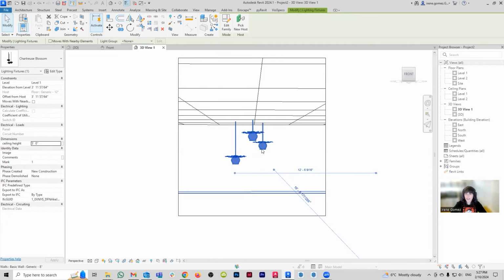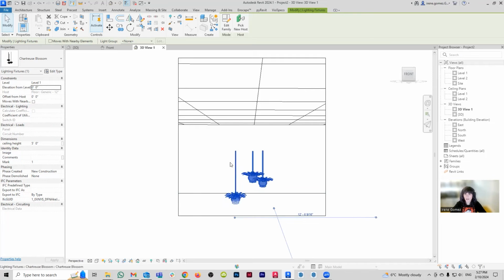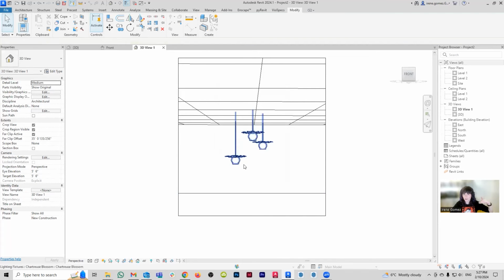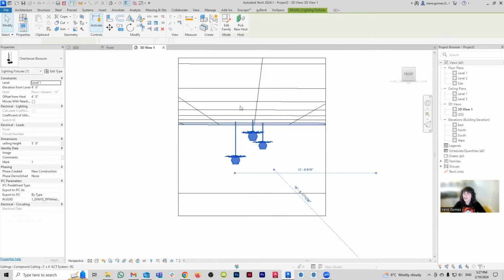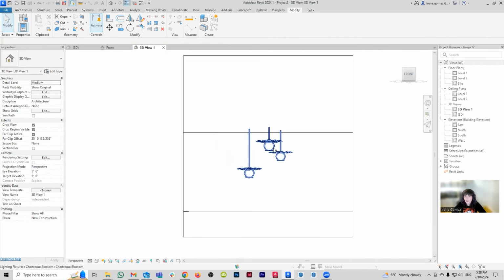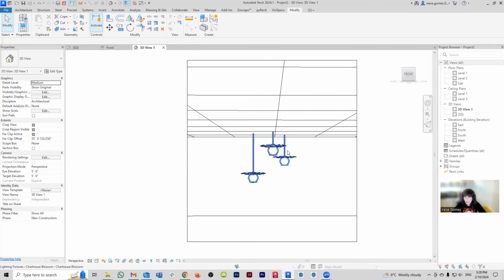See, it's bringing it. So again, I still need to adjust because it's still measuring from the top. See, so if I bring this to 0, let's say, there you go. Okay, I don't want it to be at 0. Let's say that we want it to be 4 feet. There you go. And then what I can do is it's going to be 4 feet plus whatever we have here. If I would have an elevation, I can probably drag it down, but let's say 4, and there you go. Beautiful. Now, again, your lighting fixtures, you're really going to see what's going on once you render them.